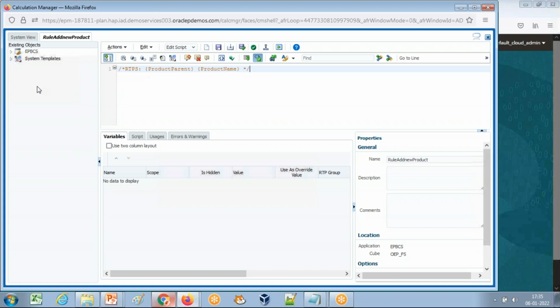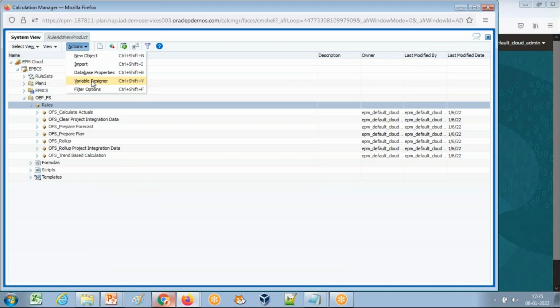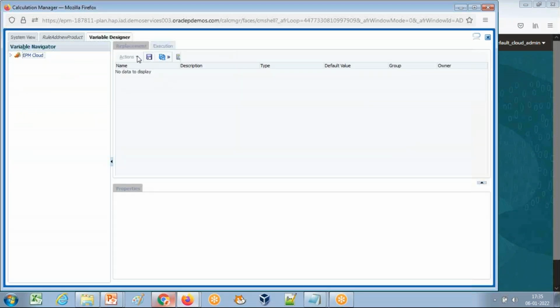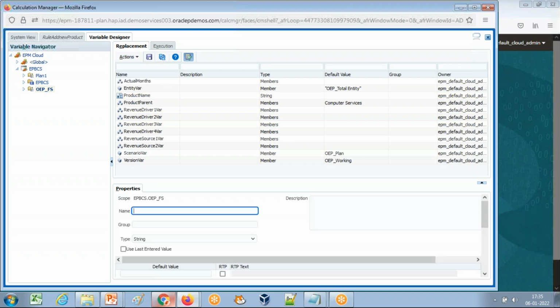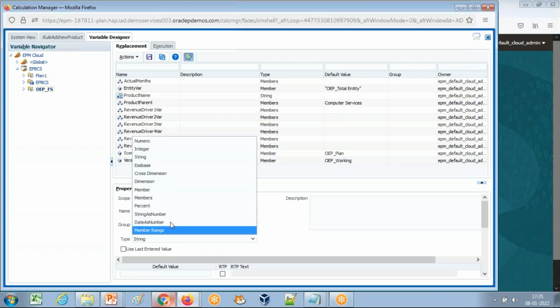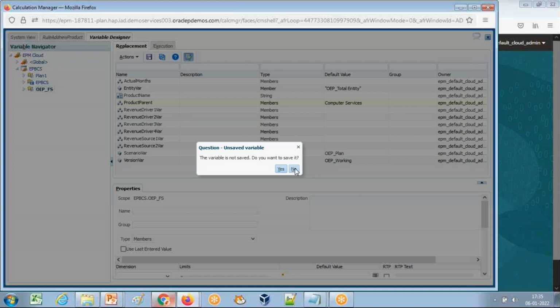Where did I create these variables? See this. Under system view, action, variable designer, and there you want to create a variable for this application. I already created two variables. This is how you can create them. Click on new. The first variable type is members type, and give whatever name you like, like in this example, I've given a name called product parent.